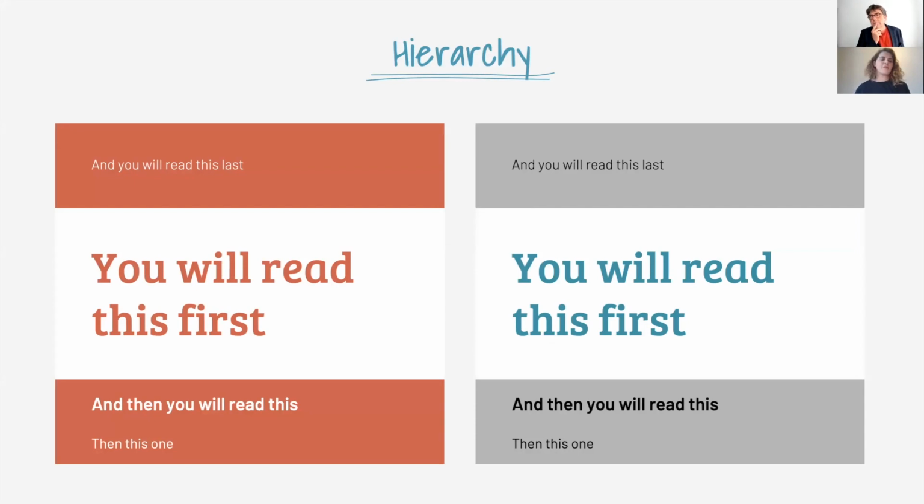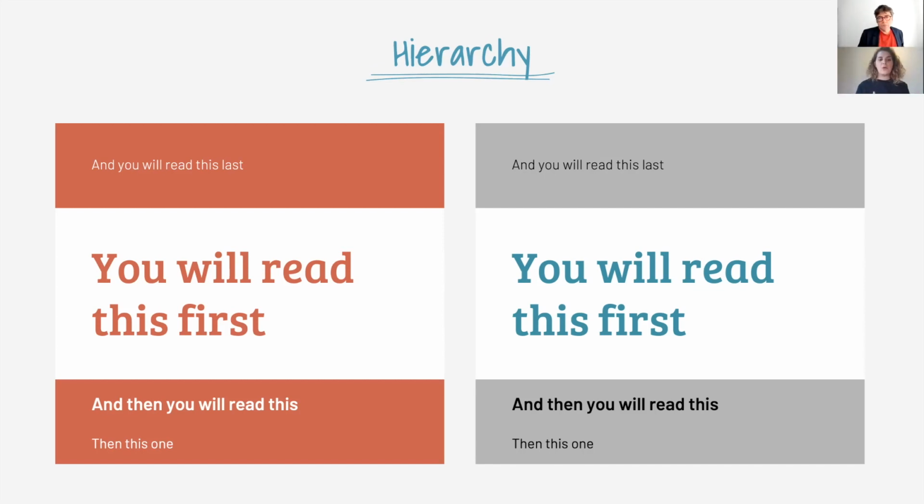In design, it means that the elements have different weight. And as you can see, it's important that we can understand that whatever elements you have on your design, they will have different impact. You can do that with color, you can do that with fonts, you can do that with size, of course. You will read this last, probably because it's a small part. You will read this first because it's big and it's, in this case, either red or greenish,